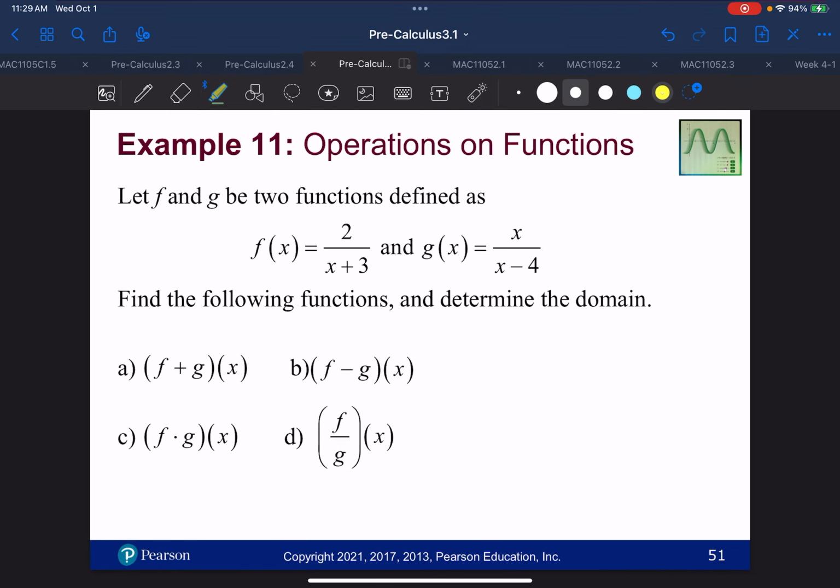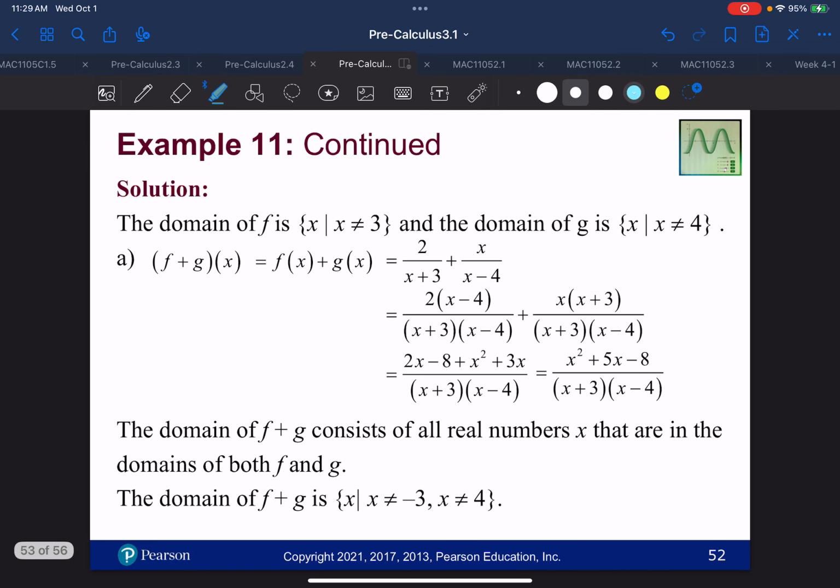So let's look at an example. They give us these two functions. F of x is 2 over x plus 3, and g of x is x divided by x minus 4. So they're going to ask us to find all of these: f plus g, f minus g, f times g, and f divided by g. So the first one,